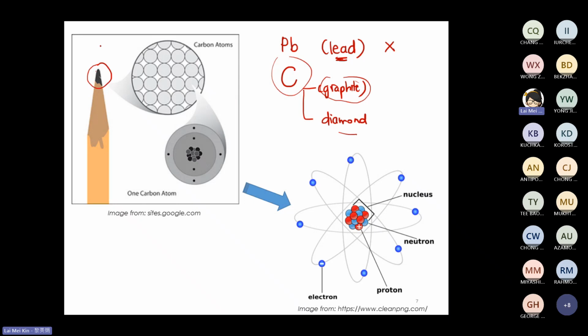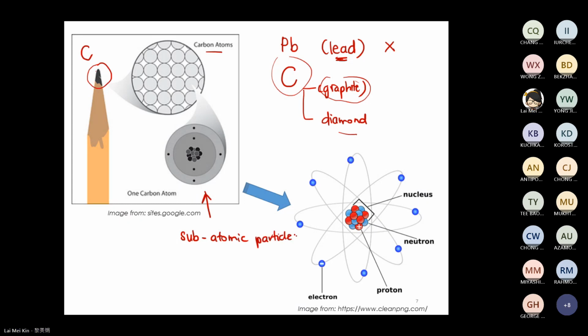Okay, so back to here, this is carbon graphite. When I zoom in further, I will see that this carbon graphite is made up of carbon atoms. And when I zoom into the carbon atom, I will see that my carbon atoms are made up of what I call